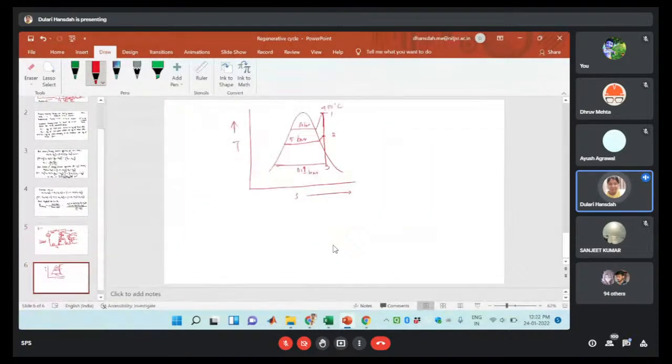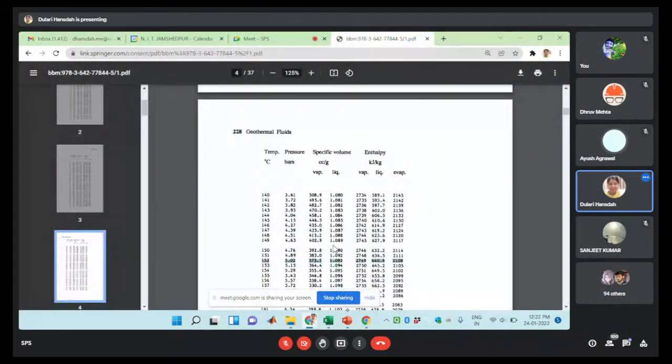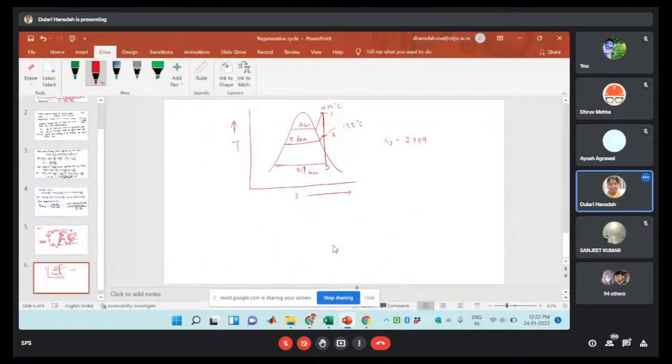ओके, तो यहाँ पे कंडीशन ऑफ द स्टीम क्या हुआ? जो ब्लीड हो रही है, यहाँ पे सुपरहीटेड है, सैचुरेटेड नहीं है, क्योंकि यहाँ पे आपका टेम्परेचर 152 डिग्री सेल्सियस है, ठीक है? आपको H2 भी मिल गया। H2 कितना है? 2749 किलोजूल पर केजी है ना? ठीक है, अब ये है 1, 2, 3, 4, लेट अस गिव इट नेम एज 5,